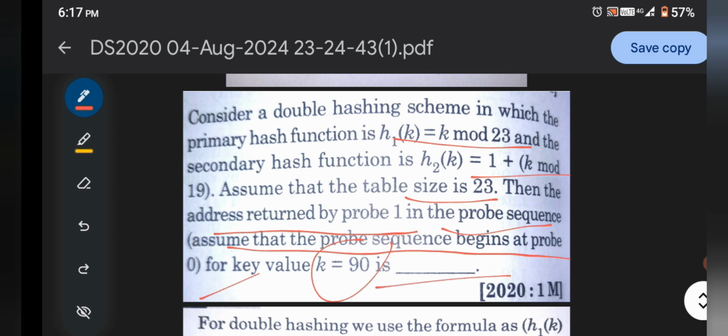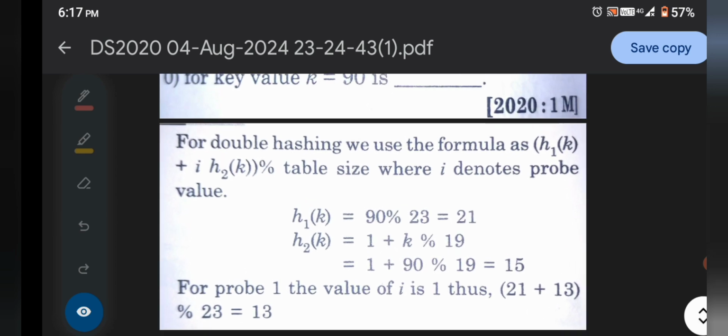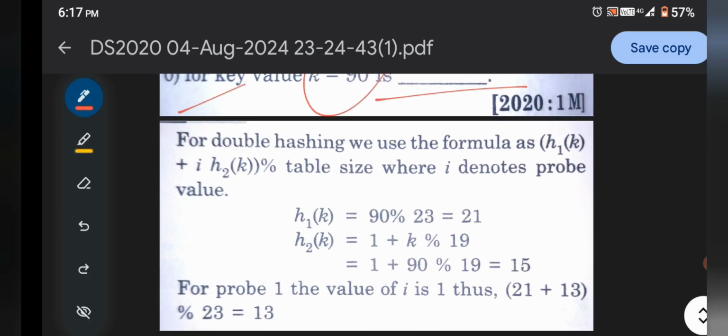So this is also a one mark question. It is very easy, you can easily solve it based on this, okay. In the case of double hashing, we use the formula h1(k) plus i times h2(k) mod table size. Here i is denoted by the probe value, okay.